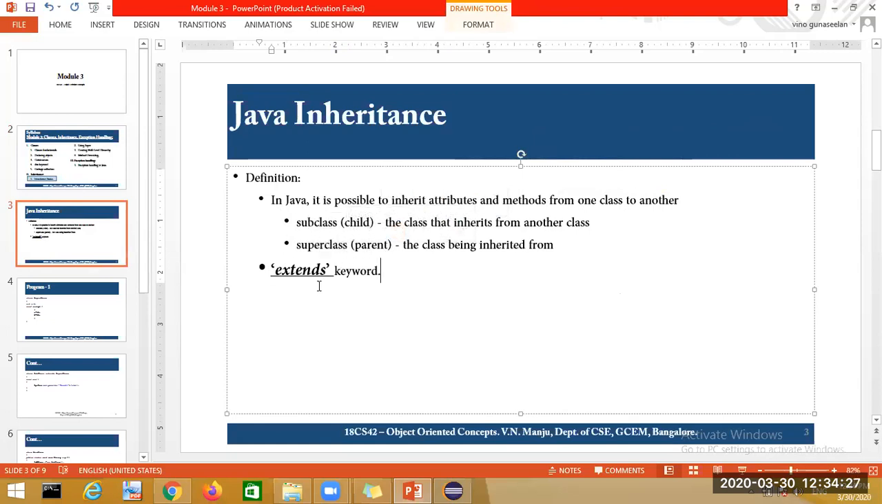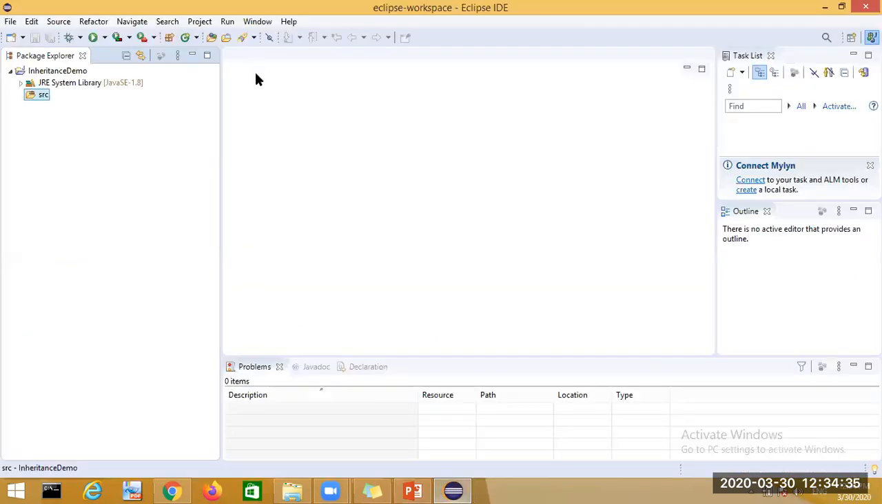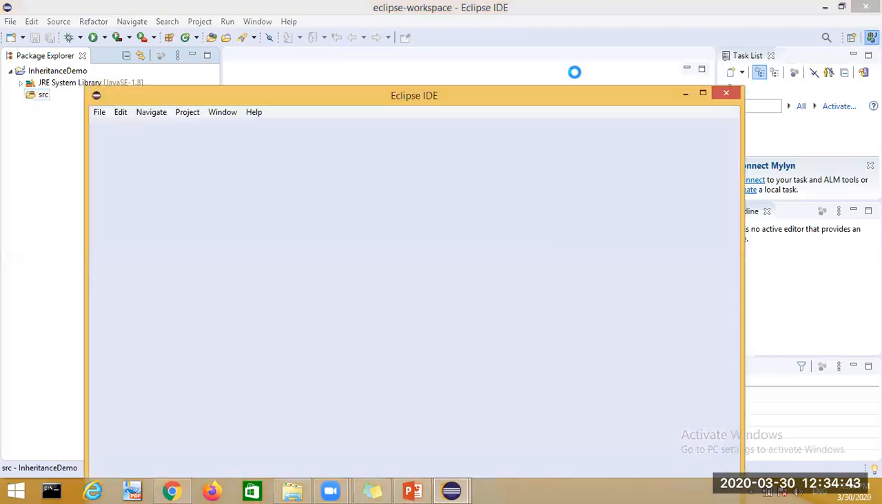So how do we do this? We use the extends keyword for that. So how can I write this program? We can start with this program. I have opened Eclipse. So how do I write this program? I go to Eclipse